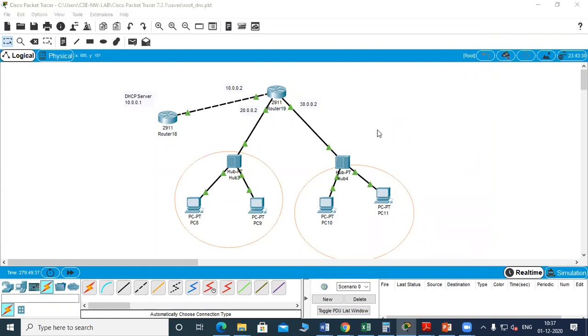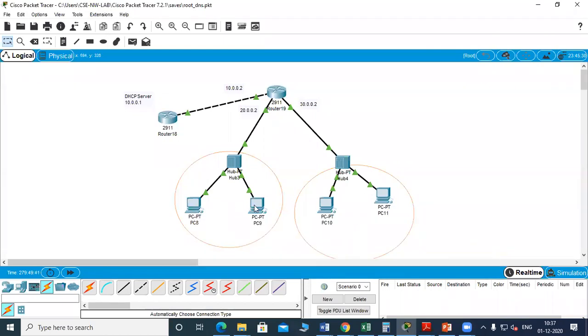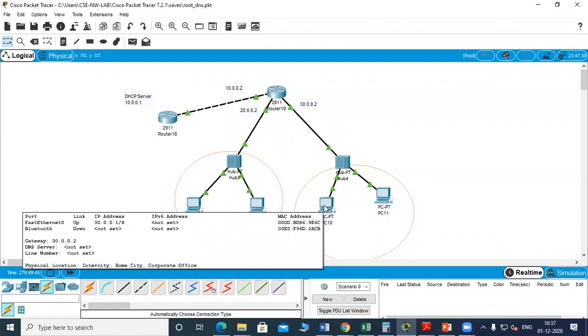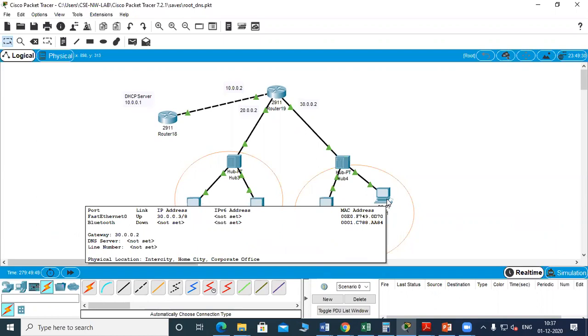So you can see here now how the dynamic address is allocated. So this is 3, this is 4, this one is 1, this one is 3.